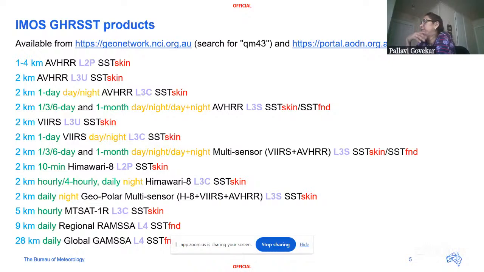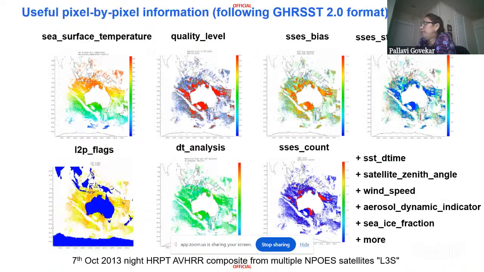To suit various applications, the products have different spatial and temporal resolutions, and a local time of day, so they are day, night, or day and night. Processing levels are different, so L2, L3, or L4, and depth, skin, or foundation. So all our products follow a GDS specification with useful information at the pixel level. Here we see examples of variables in one of our level 3 files,